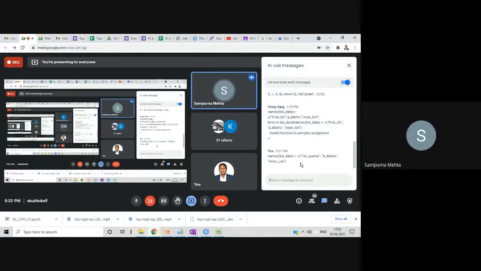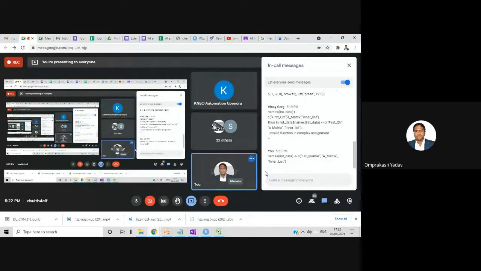Okay, you were working on something. I just tried what Vinay has shared. It is working at my end. So Vinayak, I put one line of code in the chat box. If you can copy and paste and then run, just check whether it's working. I'm not able to see any error in your code also.